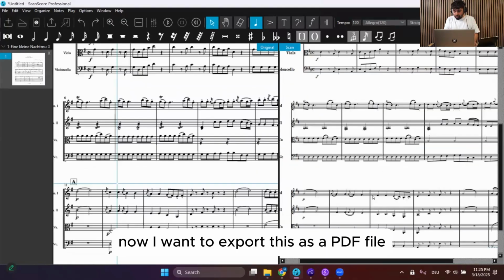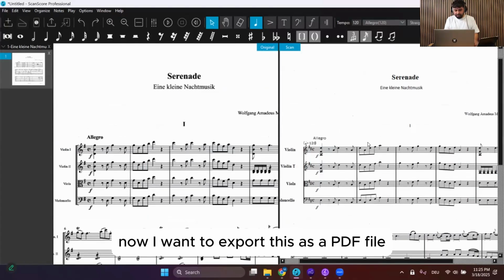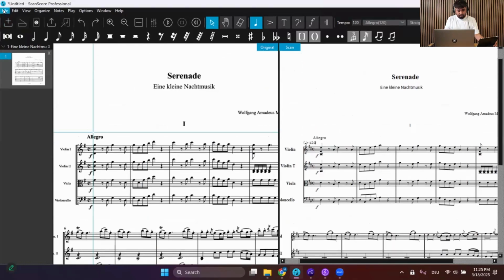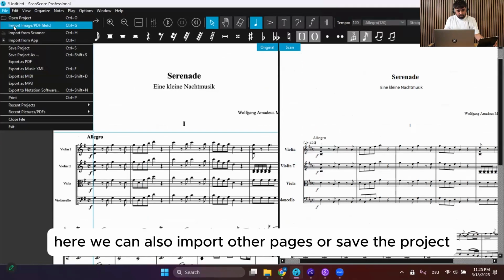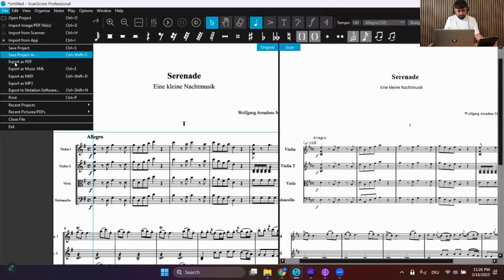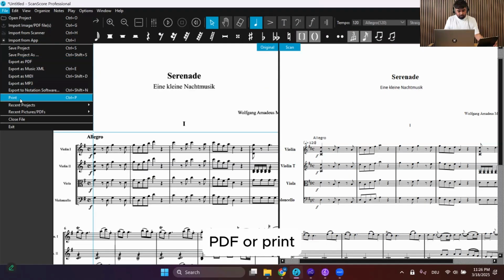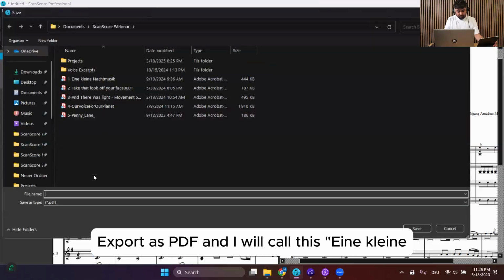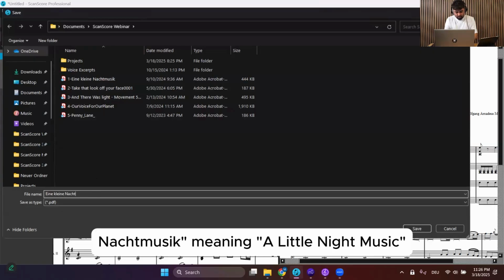Now, I want to export this as a PDF file. So where we can export things is the file menu. Here we can also import other pages or save the project. It's always good to save something. We have also autosave function, so it will save every now and then. And we can export here as PDF or print. So I will click here, save export as PDF, and I will call this eine kleine Nachtmusik, meaning a little night music,